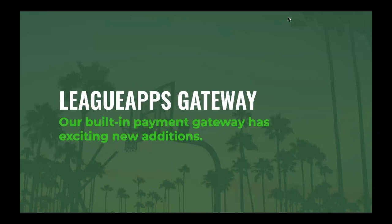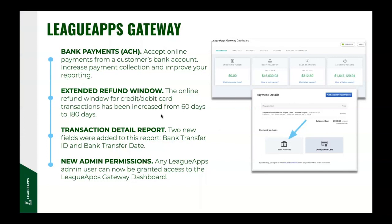There are a lot of perks to using LeagueApps Gateway, such as you do not have to pay a LeagueApps invoice on a monthly basis. Transaction fees are taken at the time of the customer's payment, so it's a lot more seamless for you. You also get reporting straight within the LeagueApps management console and a few other perks that we're going to dive into right now. So moving along, LeagueApps Gateway, I have 4 main highlights that I want to touch on from